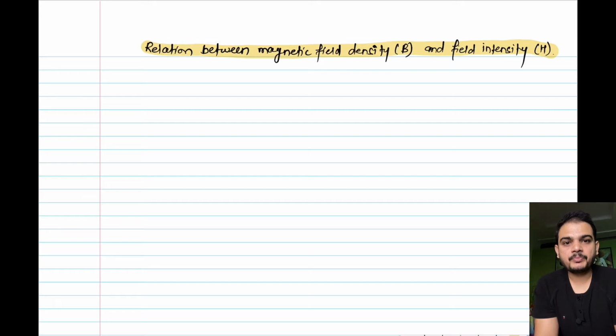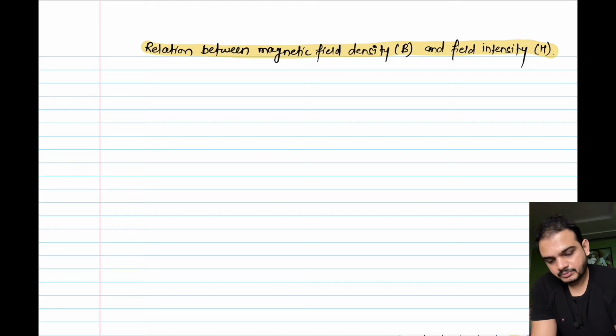In the previous lecture, we had a discussion on variable magnetic field with respect to space and with respect to time, and also the analogy between electric circuit and magnetic circuit. Now in lecture number 3, we are going to see the relation between B and H, the relation between magnetic flux density and magnetic field intensity. So give the heading as relation between magnetic flux density and magnetic field intensity.